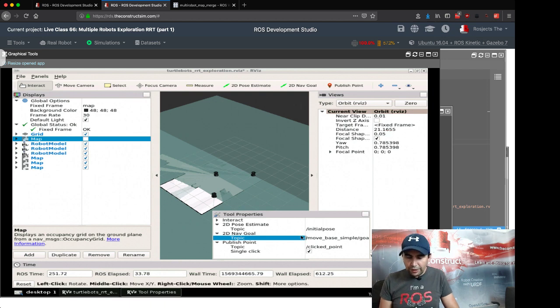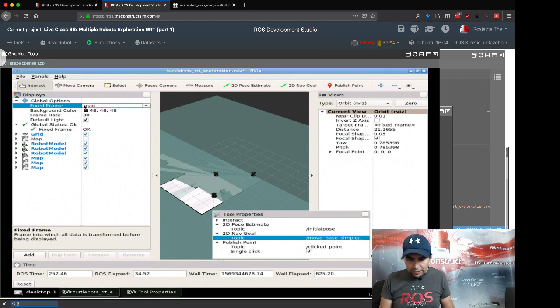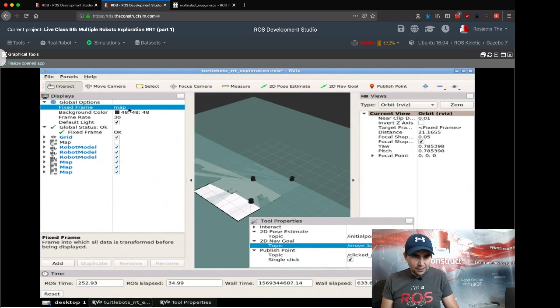Okay, so then you have to write there robot/robot_1, and then also you have to change here the fixed frame. I don't know, I was just writing it a minute before and I don't understand that. So let me see if I can. Okay, so I don't know what happened, I just enlarged the screen and now it's working. Okay, so let's go. Then you have to indicate that the fixed frame for that specific robot, for that specific navigation goal, is robot_1/map. So you have to select that one, and then also here on the topic for the navigation goal you have to include the /robot_1. Okay, now you are able to click on the 2D navigation goal and then select a point in the